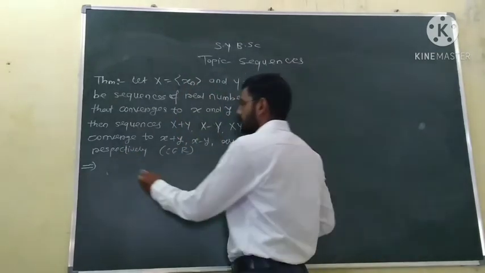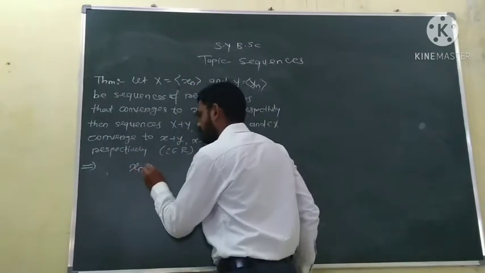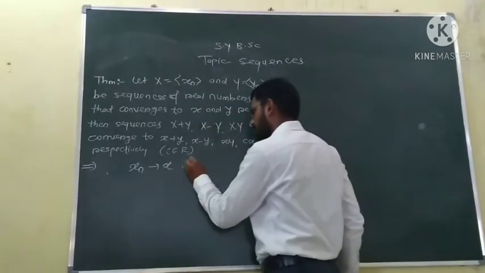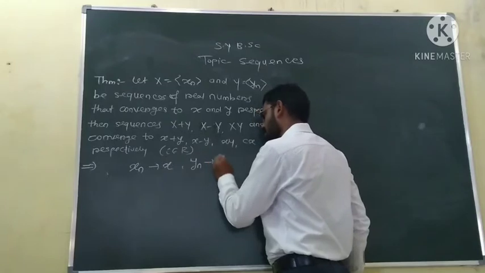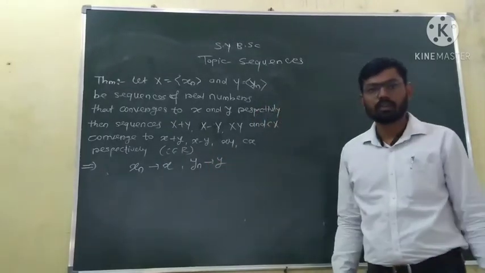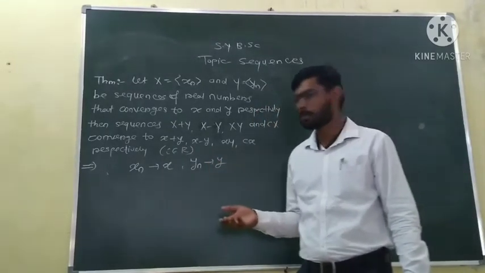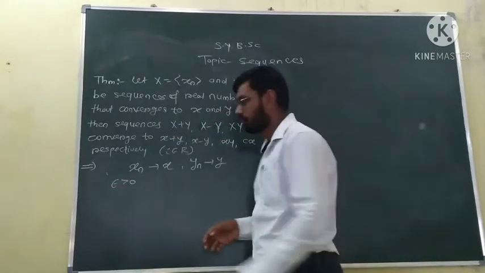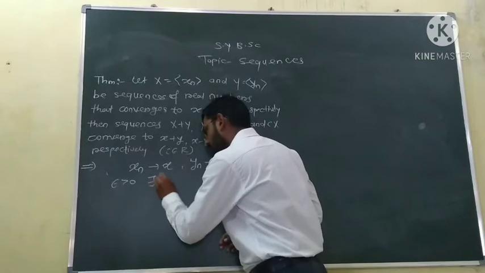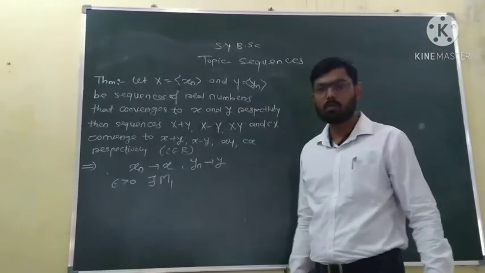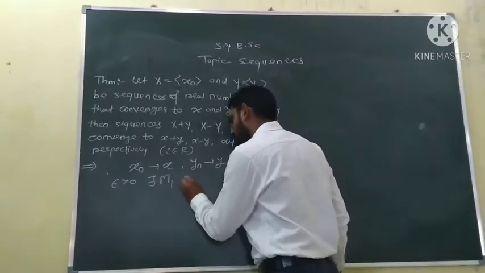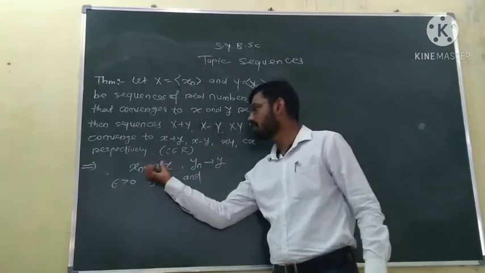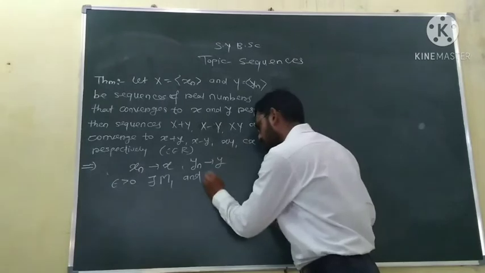Now we have given that sequence xn converges to x and sequence yn converges to y. So by definition of limit of sequence, for any epsilon greater than 0, there is a natural number m1 and also a natural number m2, m1 for this sequence, m2 for this sequence,